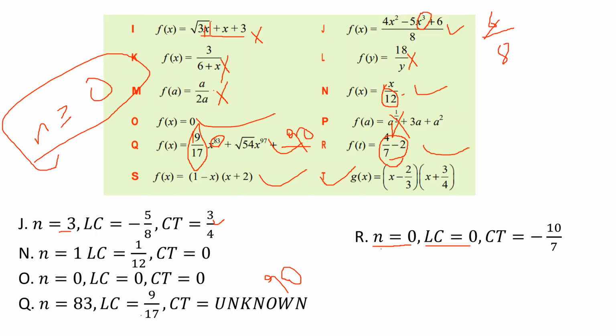Which means if the degree is 0, for example, 0 times x to the power of 0, we can say it is some constant term. So the constant term is here 4 over 7